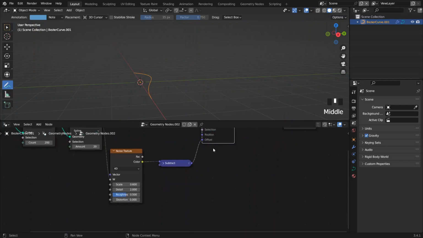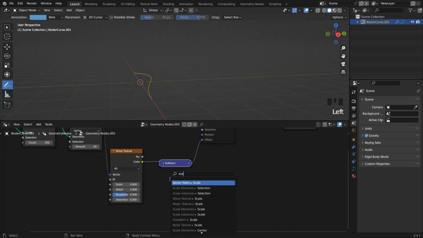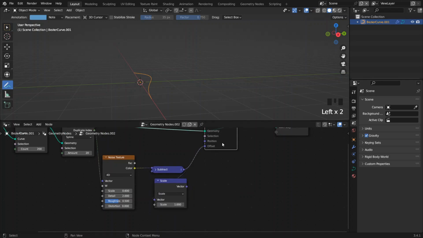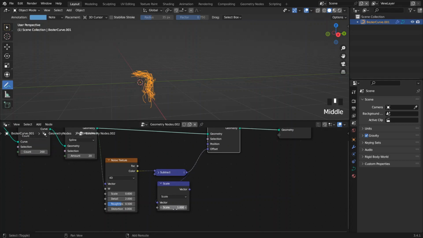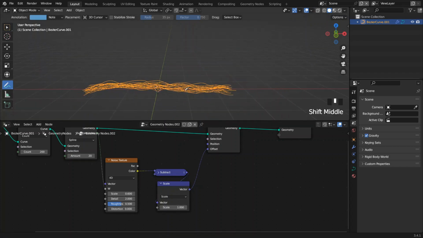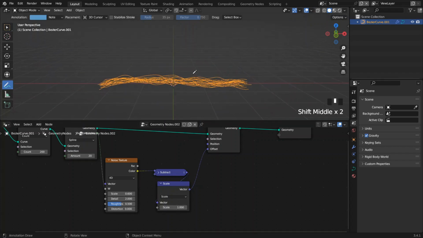Yeah. And I want to use scale for having control over the domain. Oh, I should plug it in first. Now you can see. Okay. Here is where I want higher scale on the endpoints and lower in the middle. So